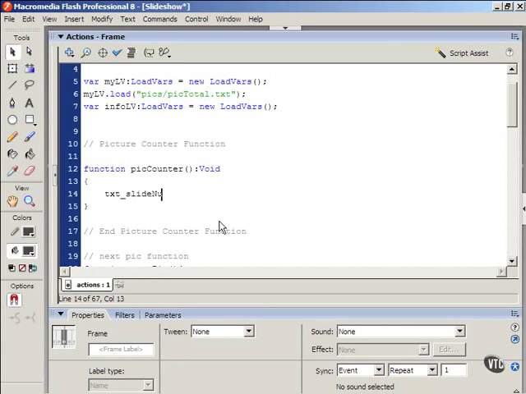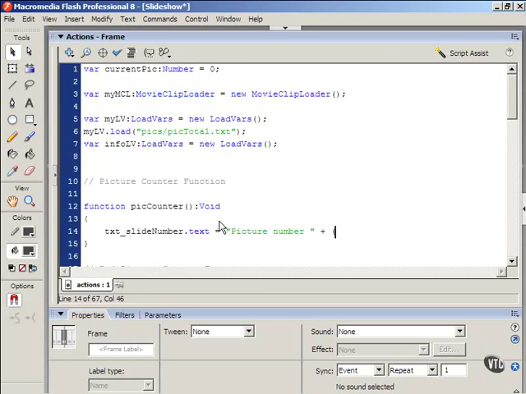Type that in, capital N, dot text, space equals space, open quotes, type picture, number, space, close quotes, plus, space, open parenthesis, current pick, space, plus, space, 1, close parenthesis, space, plus, space, open quote, space, out, space, of, space, close quote, space, plus, space, number, open parenthesis,